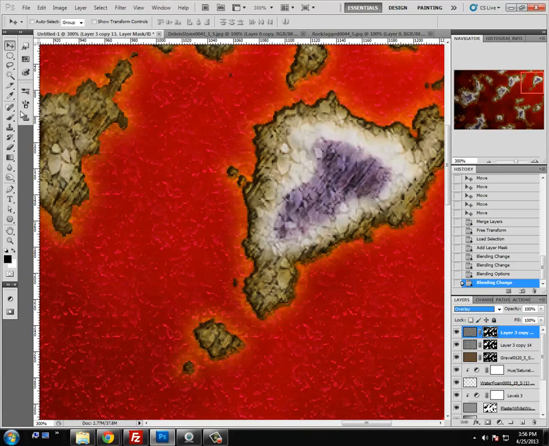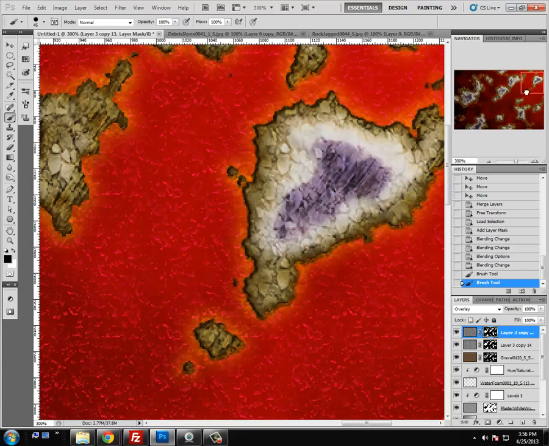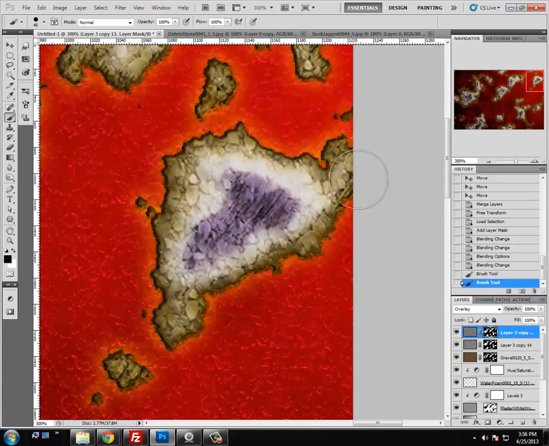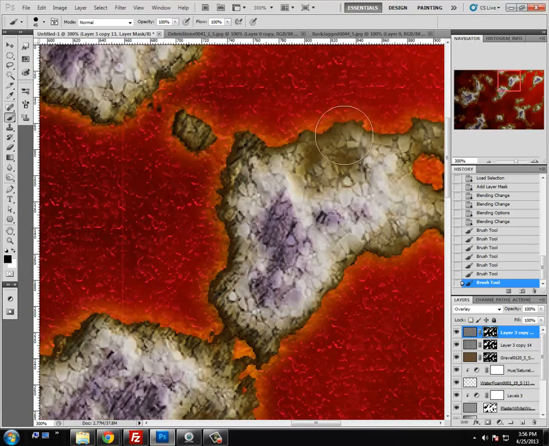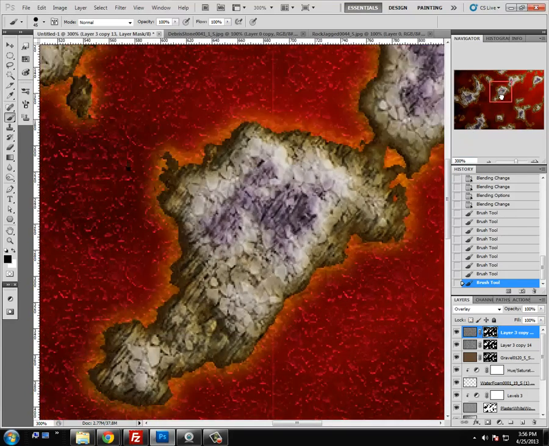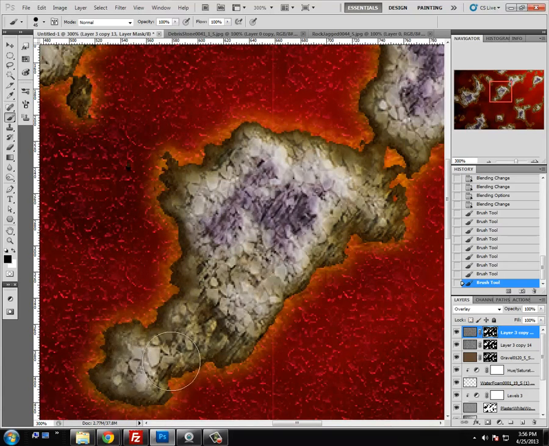And the other thing we can do, like we did with the other layer, to save our sanity, come in here with some black on the mask and paint out these coasts because we don't want it necessarily affecting them. And speaking of coasts, I'm seeing that we don't have our ash layer knocked back far enough, so our coasts are really covered with this large debris, which is okay. But I picture these rocks being flung nearly straight upwards and then coming down and resting on the slopes of